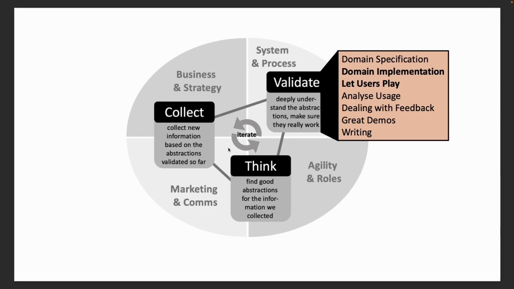Validation is then the activity of checking that the abstractions, the language you've built, actually works and is able to cover the domain and is also accessible to future users. So you let the users play with a domain implementation. You implement the domain in something that lets you implement very quickly. This is where I like to use domain-specific languages, but you can hack it in Python if you're fast enough,